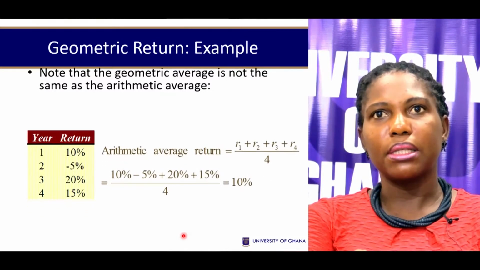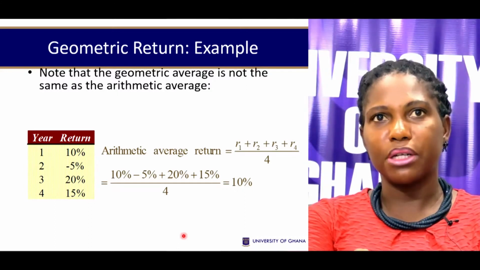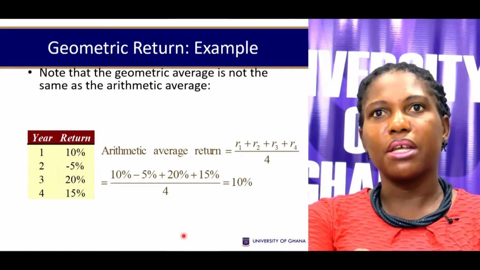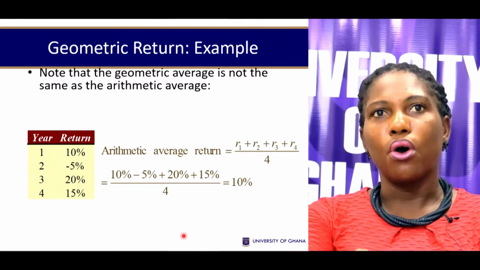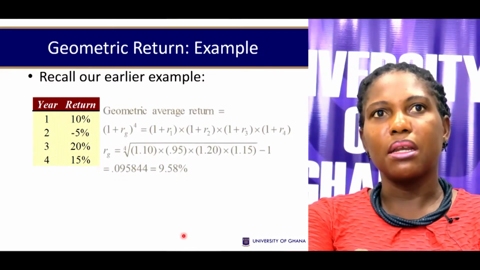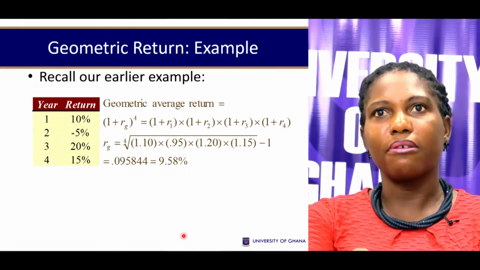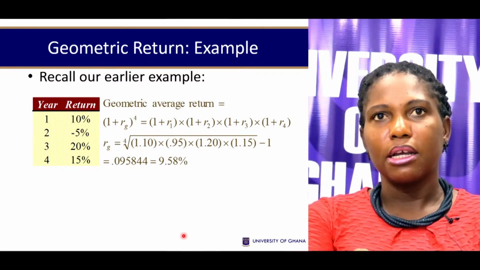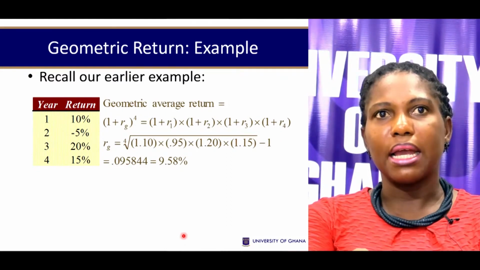Now, note that the arithmetic mean is not the same as the geometric mean. For the arithmetic mean, it's just the sum of the values divided by 4. On the other hand, when it comes to the geometric mean, this is what we have. We are going to take the product of the returns, so that becomes a compounding return, and then we